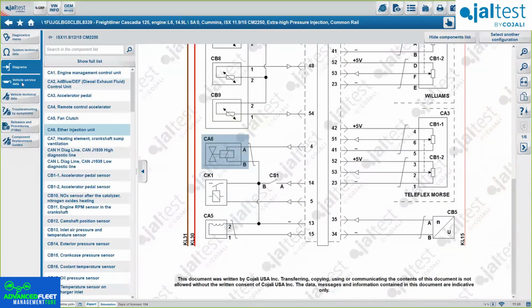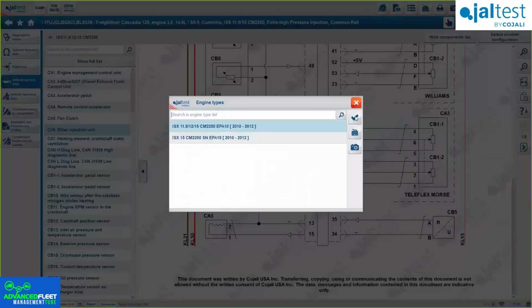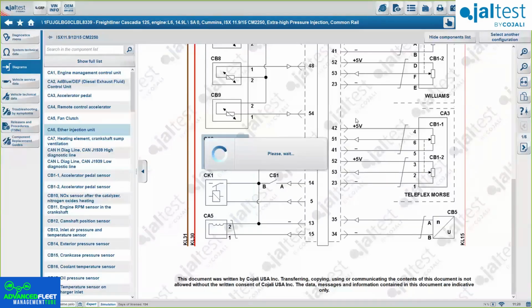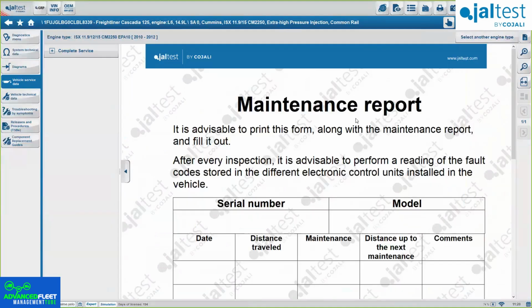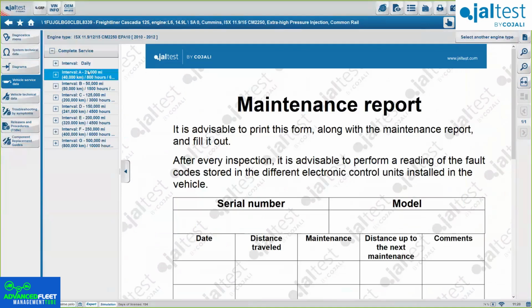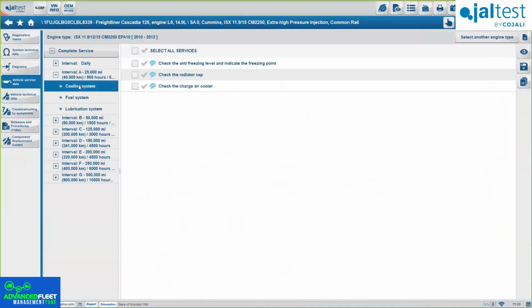Now, vehicle service data is pretty useful when you have to service, let's say, a fleet of trucks. You can keep track of exactly what you have to do. After 25,000 miles, 50,000 miles, 125,000 miles, you will see it's basically a step-by-step procedure of what you should do for every one of the systems.